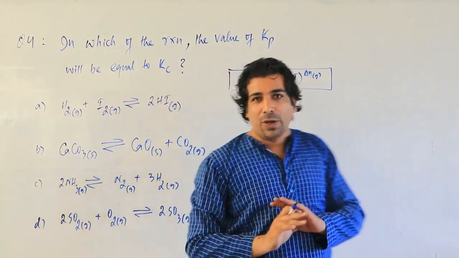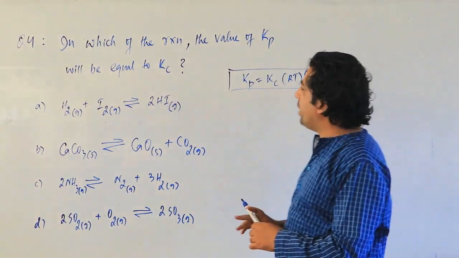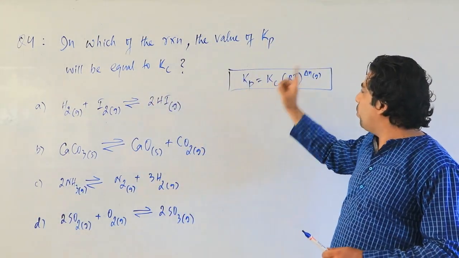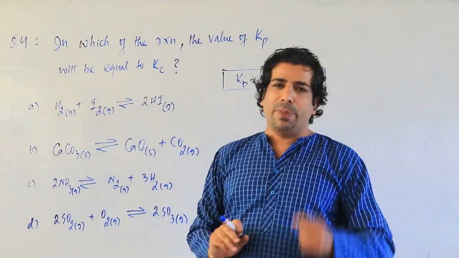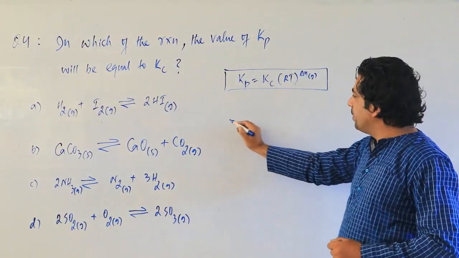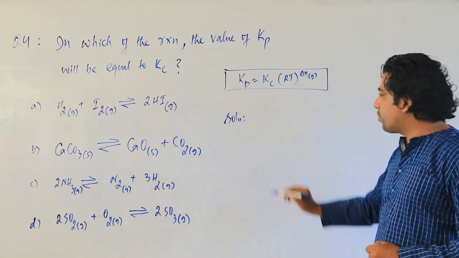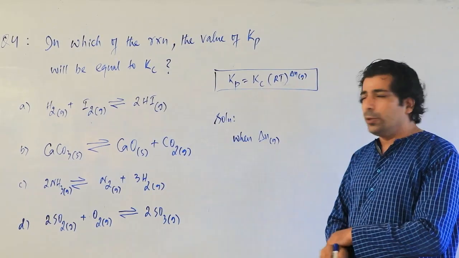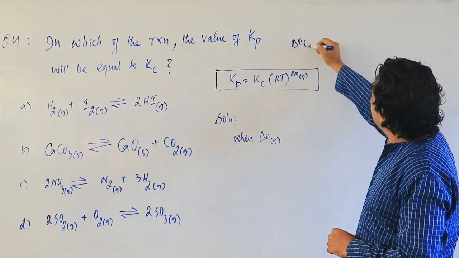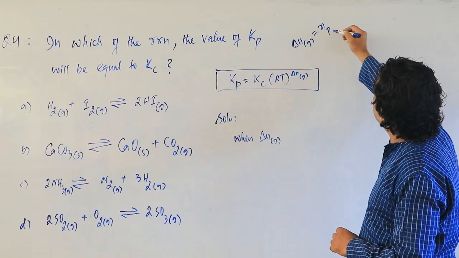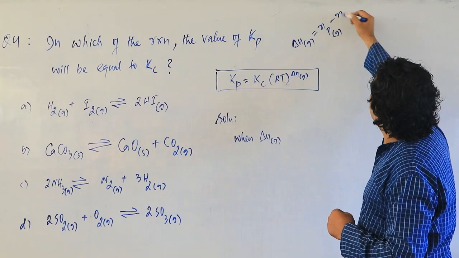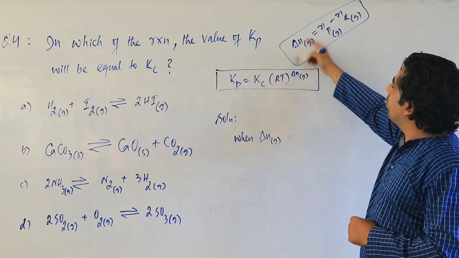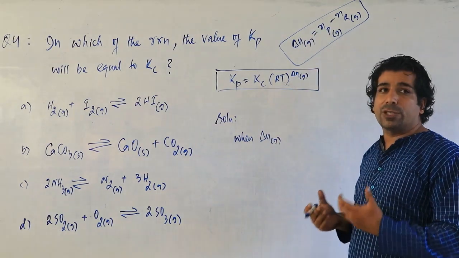So let us understand it. Before I solve this problem, I have to write down in which reaction Kp will be equal to Kc. Means this Kp should be equal to Kc. Correct? Let's understand. Please remember these important points here. Please try to understand. You know that delta n gaseous is equal to number of moles of products, gaseous, minus number of moles of reactants, which should also be gaseous. This is our delta n, the change in number of moles, or change in number of gaseous moles, my dear friends.